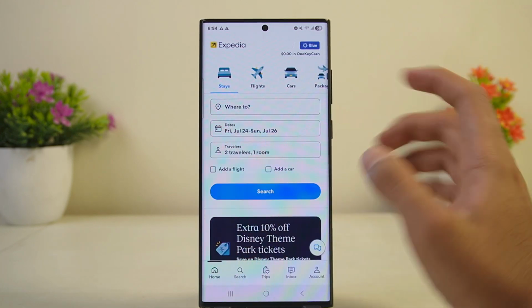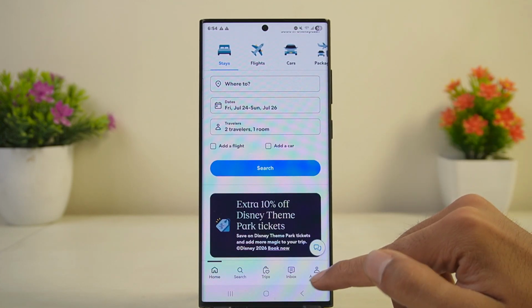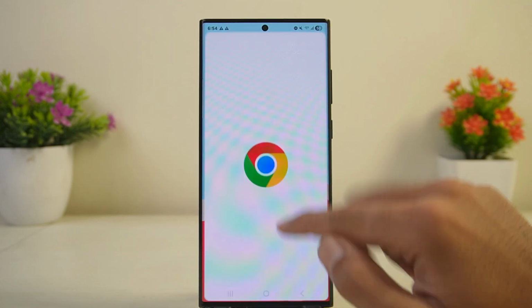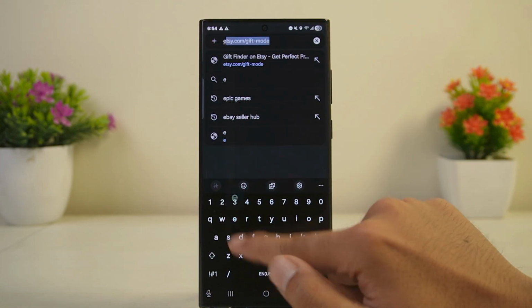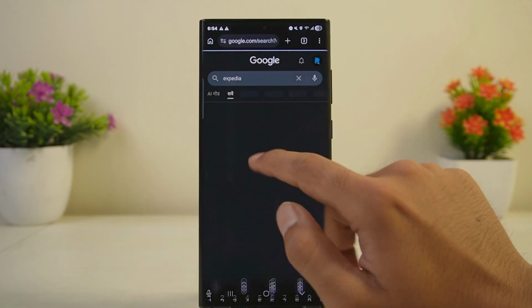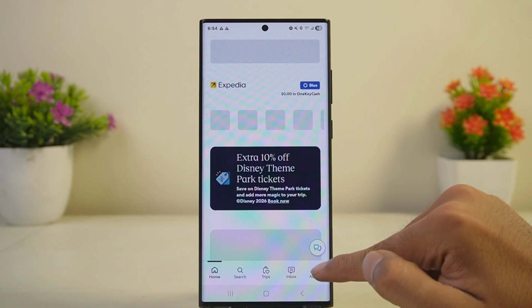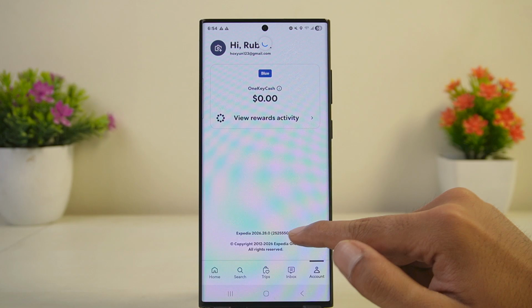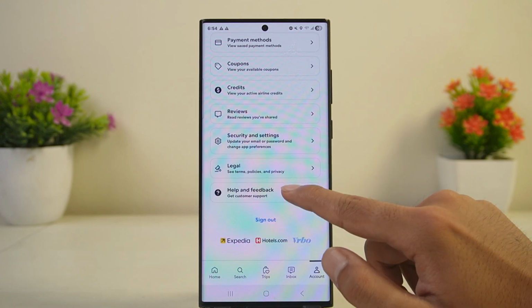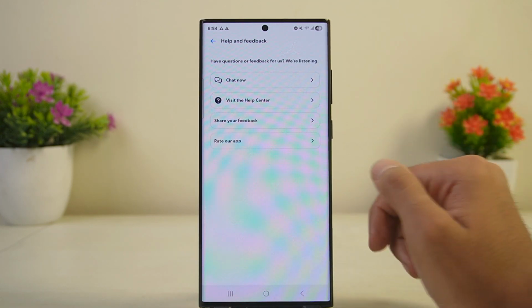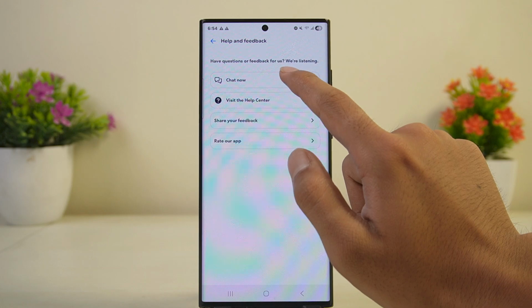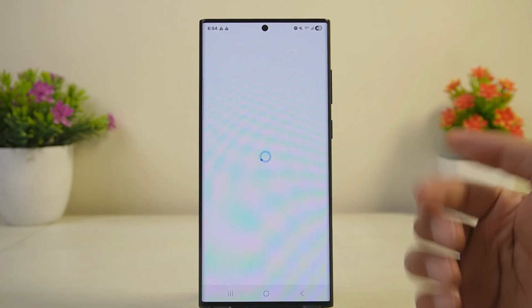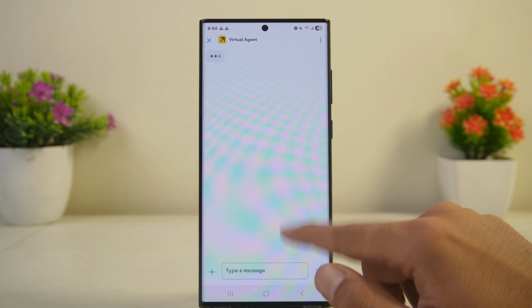So to access this panel, go ahead and launch the application or simply open any web browser of your choice, then head to the Expedia website. Once you're here, all you have to do is log into your account and tap on your account icon. From here, scroll downwards, you'll find the help and feedback option. Once you're here in this panel, tap on this chat now option and then proceed to report a problem regarding